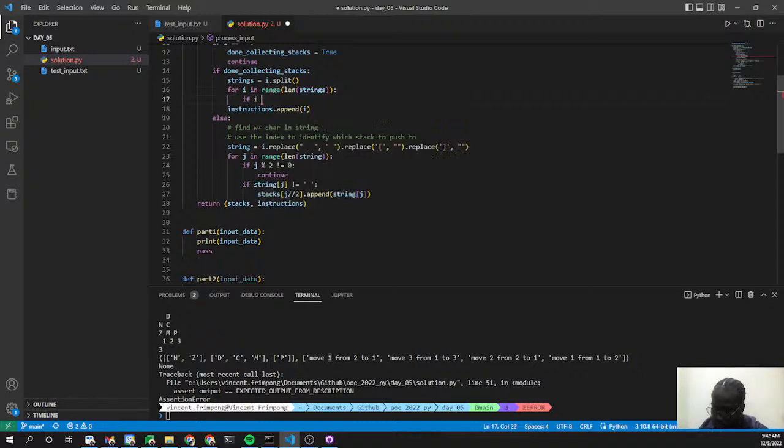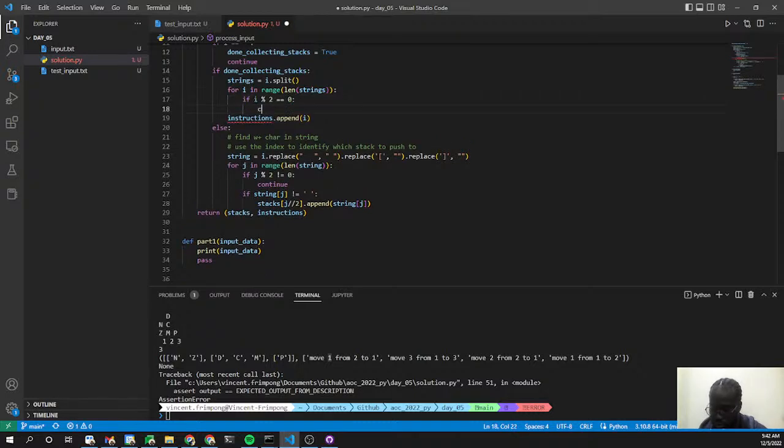If i modulo 2 is equal to string, continue, right? And else what I really want to do is